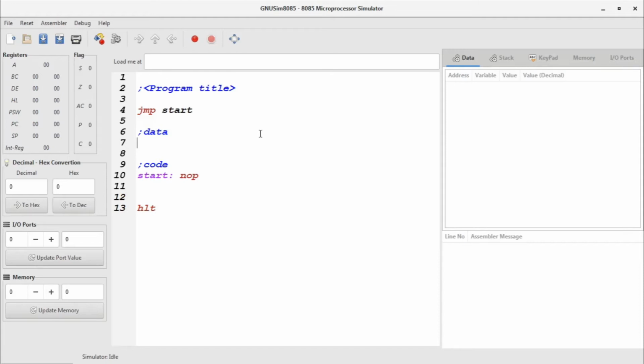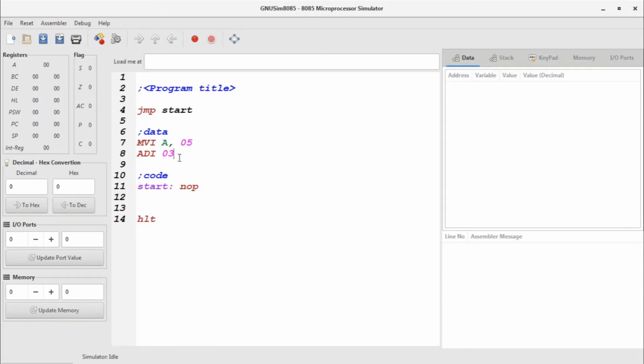So as I have written here, MVI A comma, then the data, let's make it 5 in decimal. Then ADI is the addition, which says add immediate to the accumulator, and then you need to provide data. So I have given here 03.